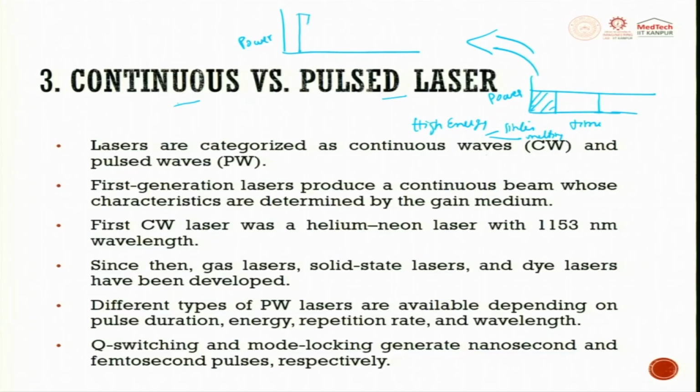So, I have a very high power for a very short duration. Same thing, I compress and I release, same energy. So, the peak power will be very high, but the average power will also be the same. This is where you get a very high peak power to melt. So, we always prefer to use a pulsating laser. Continuous is also there. Continuous is not so energy efficient, pulsating is energy efficient, and here, since only a small packet of very high energy comes,